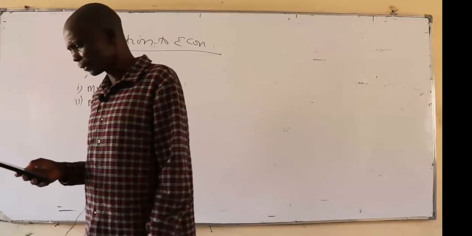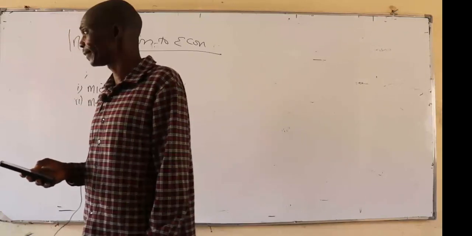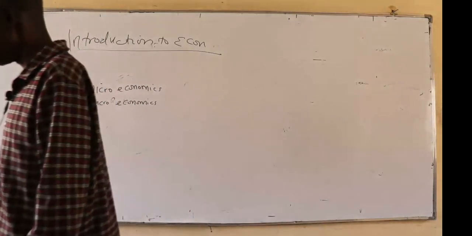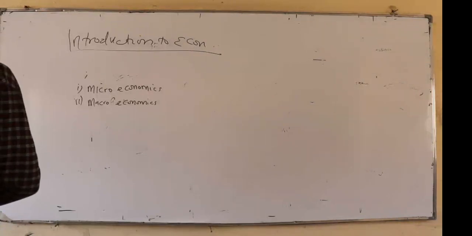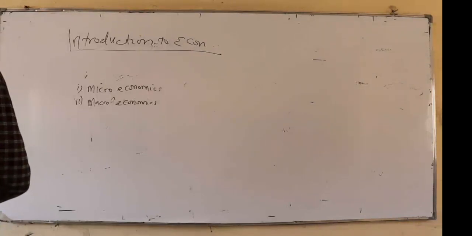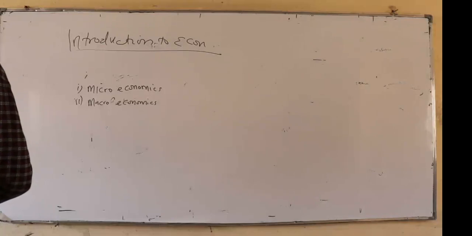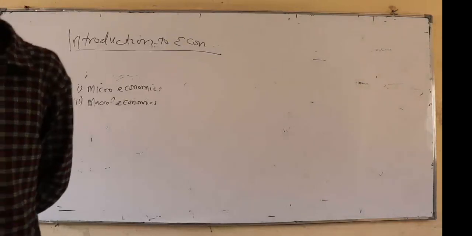Now, still on the introduction part, I think this is the second last part, because we have the economic system, and then also we have consumer sovereignty as those items in the first part, that is introduction. So the next item, you say economic system, and you align that as well.